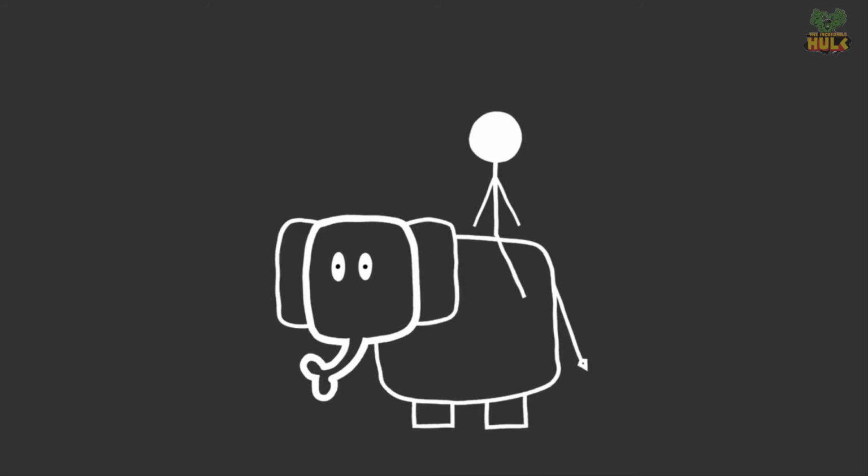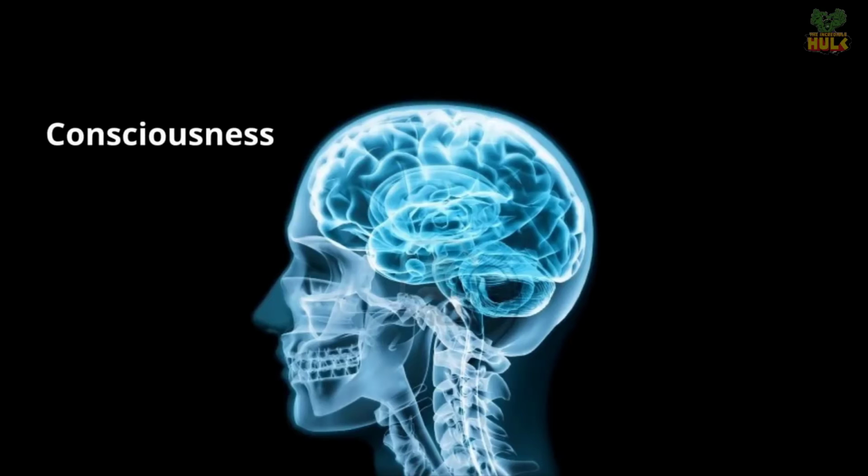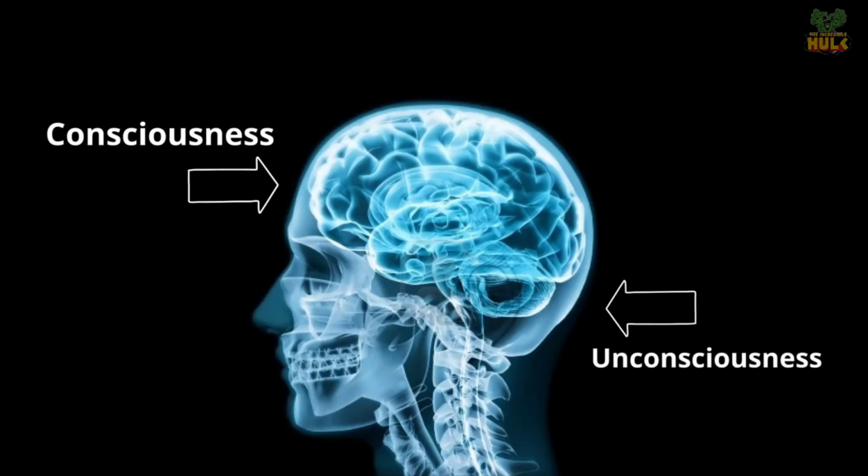Our minds are divided between an elephant and a rider. And while we often think of the rider as the one in control of the elephant, we often forget that the rider is only the guide. We usually call our rider consciousness and our elephant unconsciousness, and it's the divide between them that makes us think we are right when we are actually wrong.